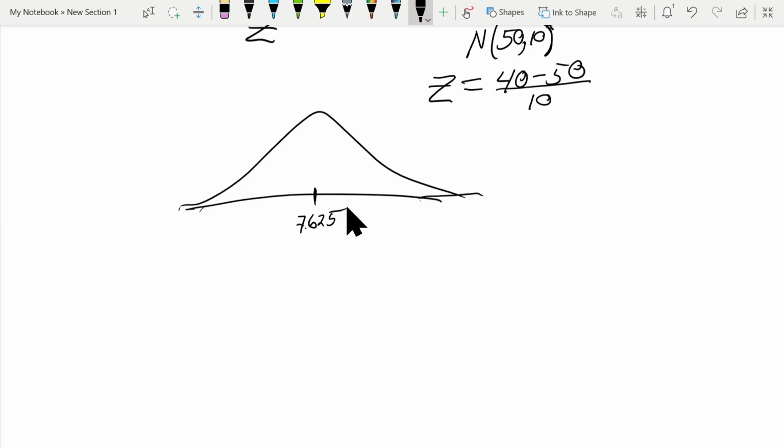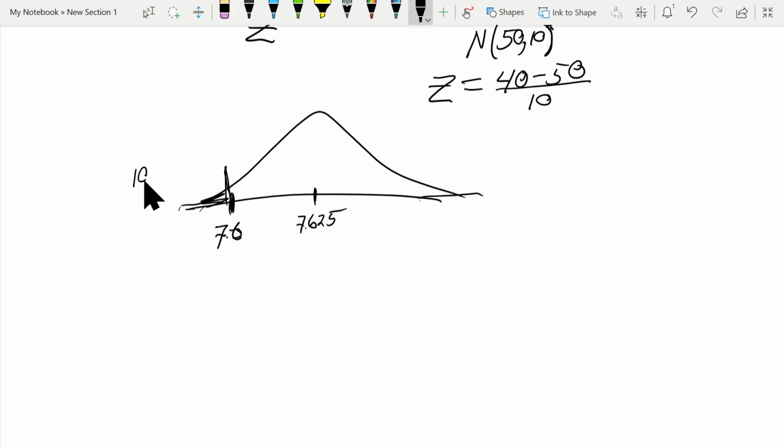If I go one standard deviation down, I subtract 0.02. But here, somewhere in here, and it's pretty far down. If I put in 7.6, that means that this area here